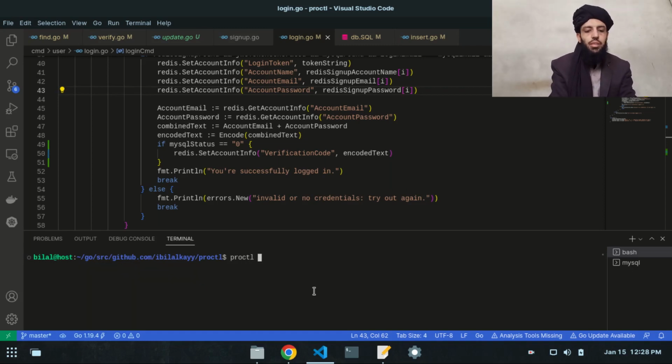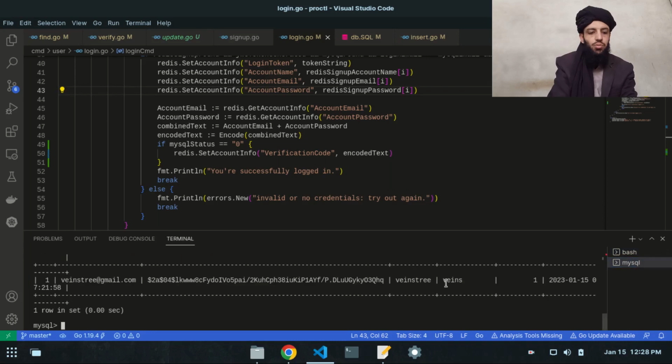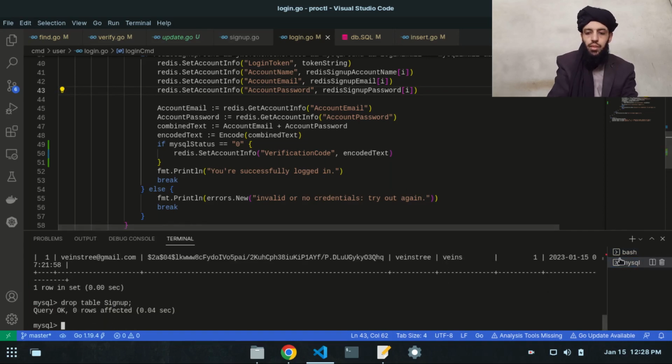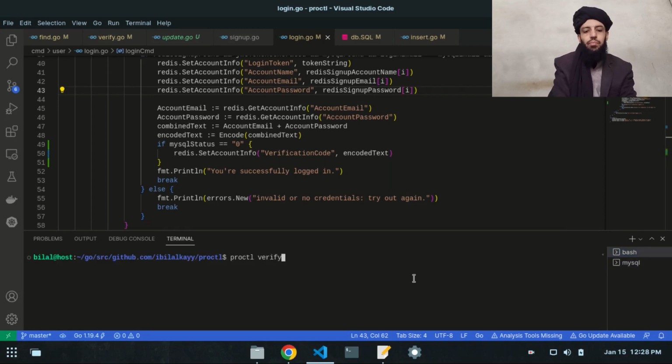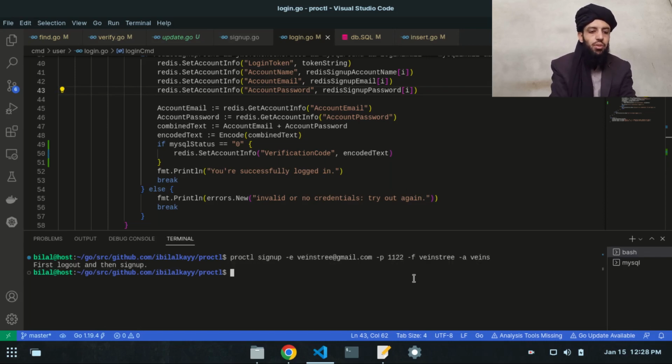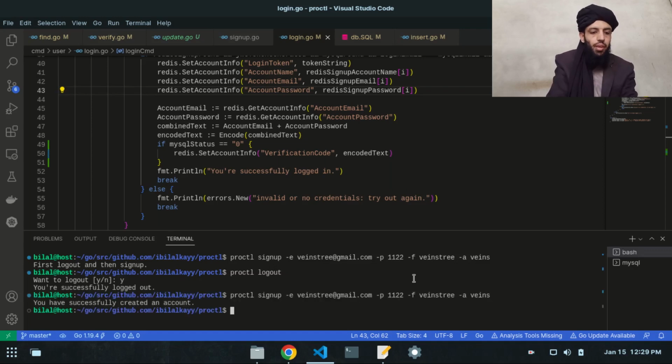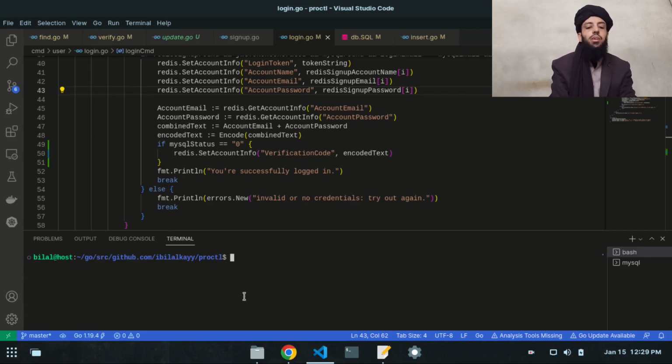And let's say if I delete this, I don't want it, like drop table, and let's write sign up. Let's find whether it is present near to me or not. Yeah. So let's press enter on this. Now first log out. So first log out, and then run this command. You have successfully created an account. After that, if I type proctl verify,